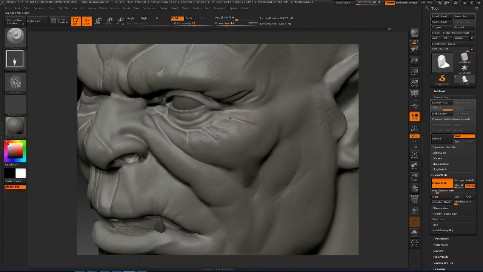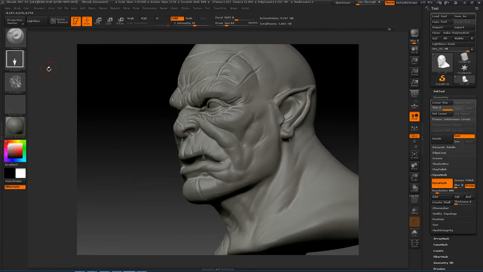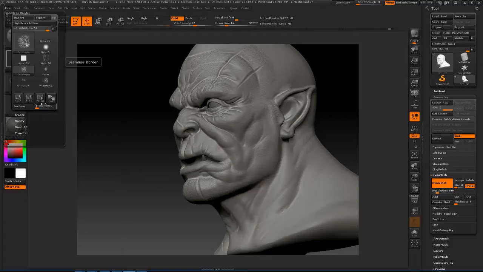Again, you won't always like the alphas that you make. I think it's just too intense, so maybe we can go to the alpha. Nah. We'd have to do it in